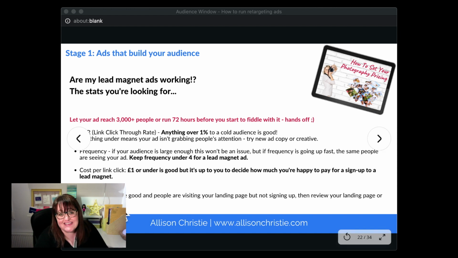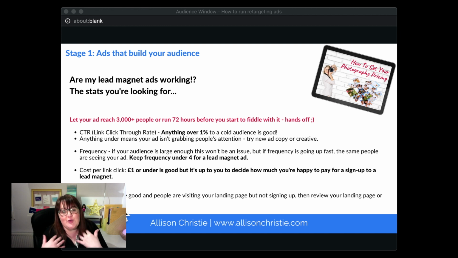And of course, if that doesn't make a difference, then you might need to change the language or the copy, or have bigger calls to action, etc. on your landing page. So even though your ads are performing well and getting people there, that gives you more information than you would have if you were just sending people there organically, because you know there is a good click-through rate. Then you know your next step is to look at refining that landing page a little bit more.